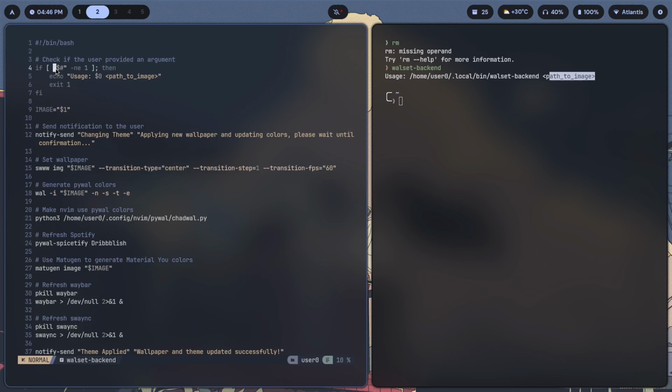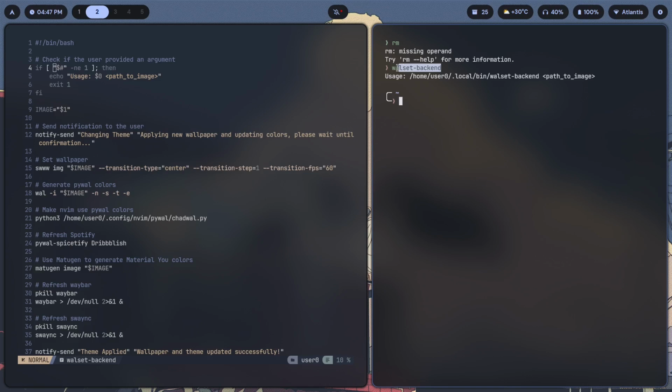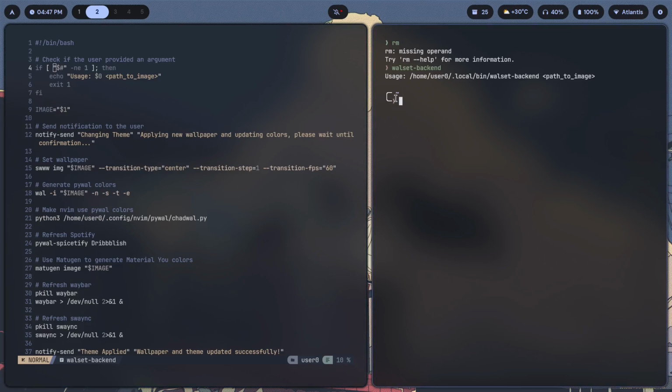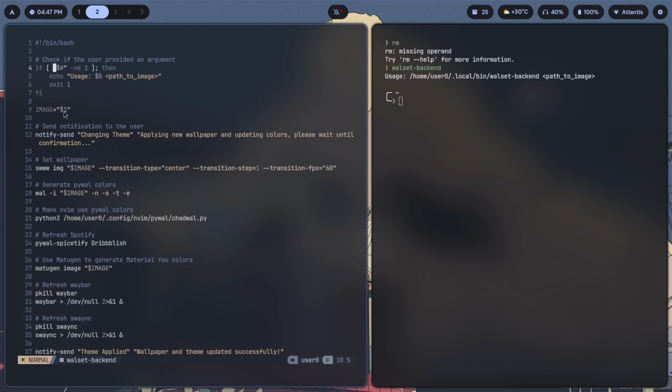Here, this is just checking if any arguments have been provided. If no arguments have been provided, then you're just going to echo usage $0. $0 is basically the zeroth argument, which is the program name itself, and path to image. And it's going to exit with an exit code of 1, which in this prompt is indicated by the red caret over here. Okay, then if that succeeds, then we take the image path and we store that in the